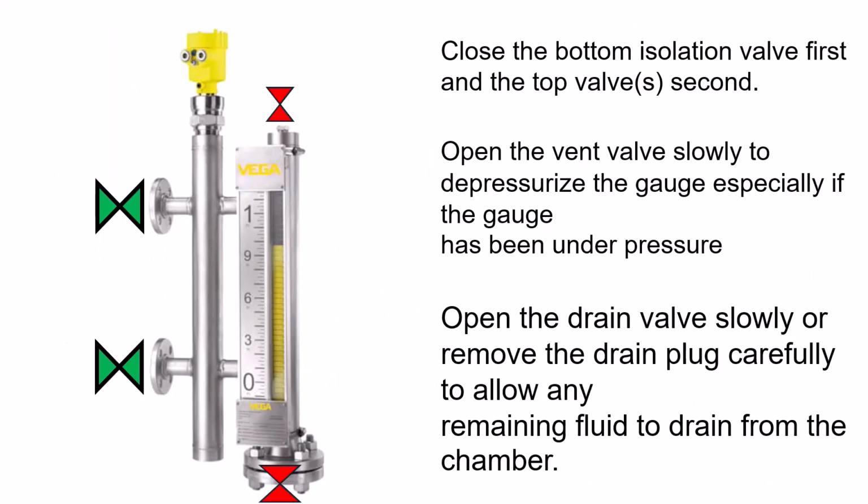Now, let's talk about how to take this new level indication and Magtech columns out of service correctly. Close the bottom isolation valve first, and the top valve second. Open the vent valve slowly, to depressurize the gauge, especially if the gauge has been under pressure. Open the drain valve slowly, or remove the drain plug carefully, to allow any remaining fluid to drain from the